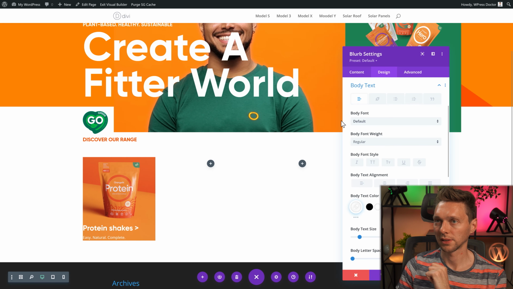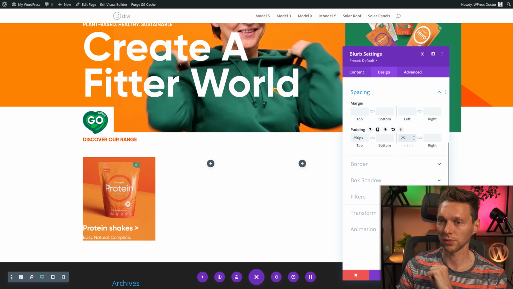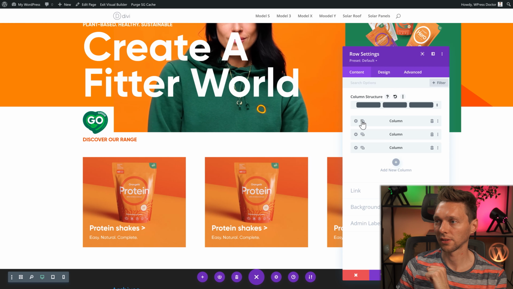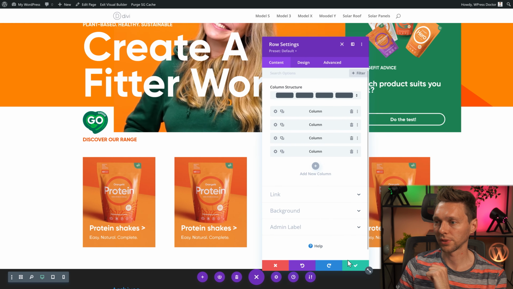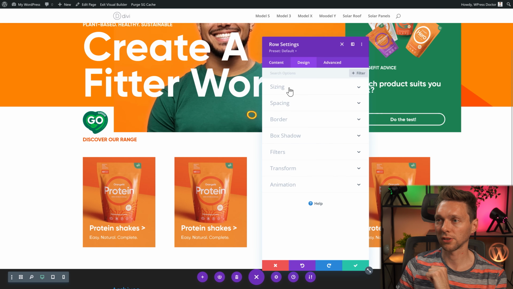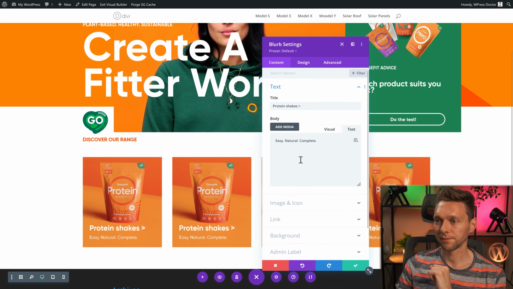Then we go back to spacing because we need some spacing on the left side and the right side. So let's make it 25 pixels left, right, and also at the bottom like this. This looks really excellent. Now, to copy this row to the other ones, you just delete the columns. We're just going to add the other columns like this. And it's pretty easy to change them all around. Then you go to design, sizing, gutter width. Let's use 2 because it's the closest we can get to the original. Then the second one is the green one.